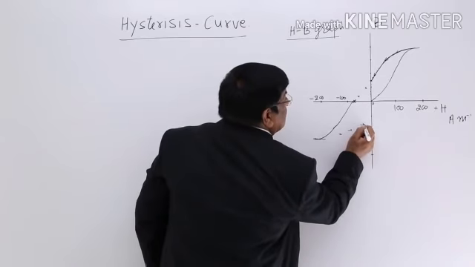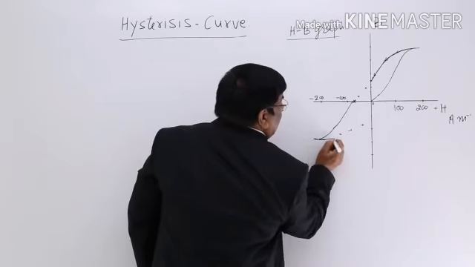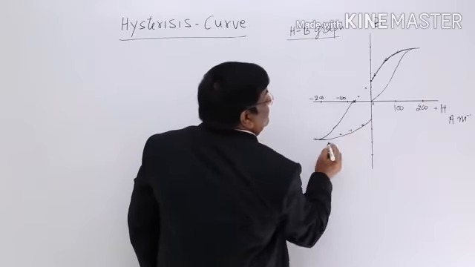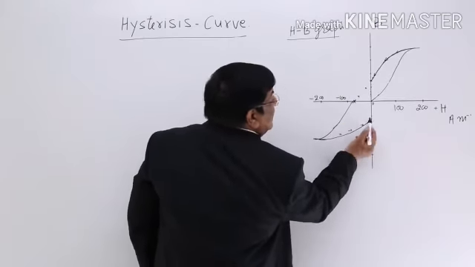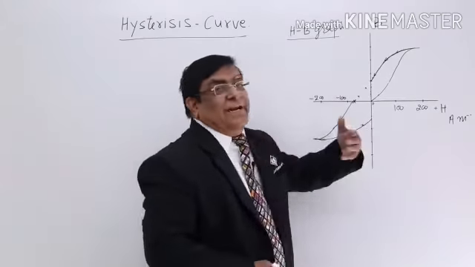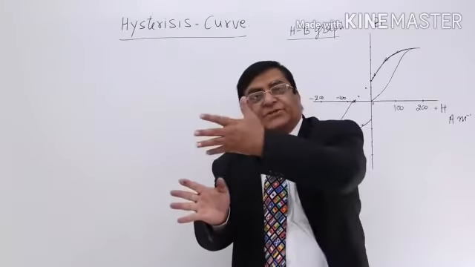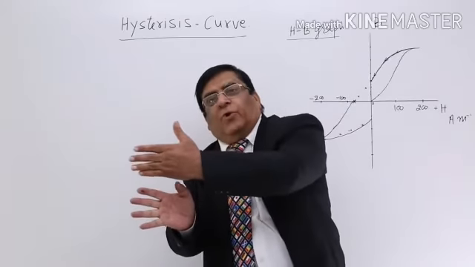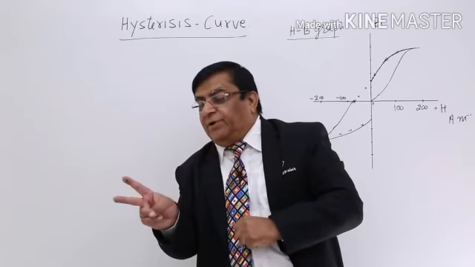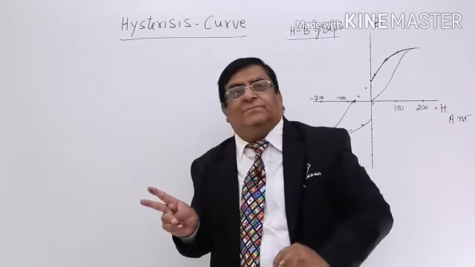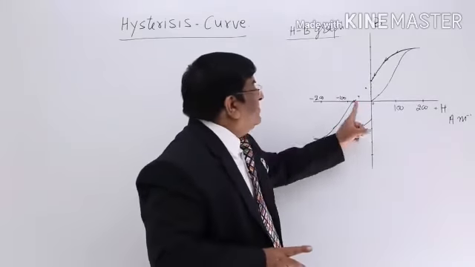This way H is decreasing, B is also decreasing, and this way H becomes 0. When H becomes 0, we find that B has decreased a lot, but it has not become 0. Still it is retained in this direction. This is B and this is H. When H was full, B is full. Now H has become 0. So B has also reduced, these two are retained. That is again retention. Here it is shown, this retention when H has become 0.